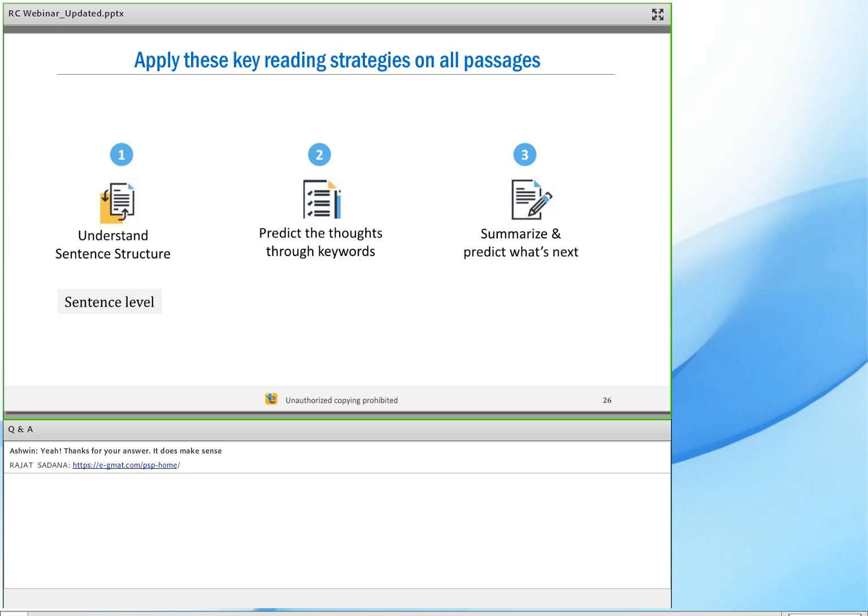Take a pause. Now, just at a very high level, when you think about these three reading strategies and the whiteboard being there, you can really see the on-screen whiteboard could be a huge boon over here. Why? Because you can read and you can summarize in parallel, especially with a whiteboard that you can resize, and that is there right on the screen, not as a pop-up, not as a separate tab.